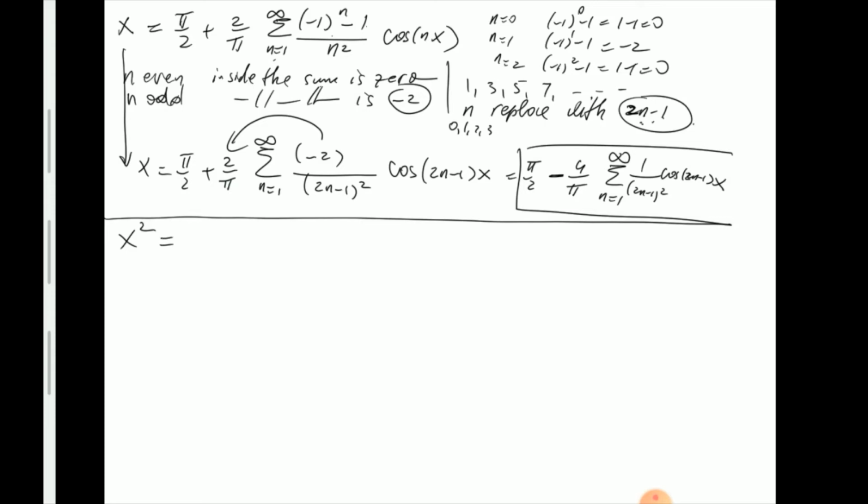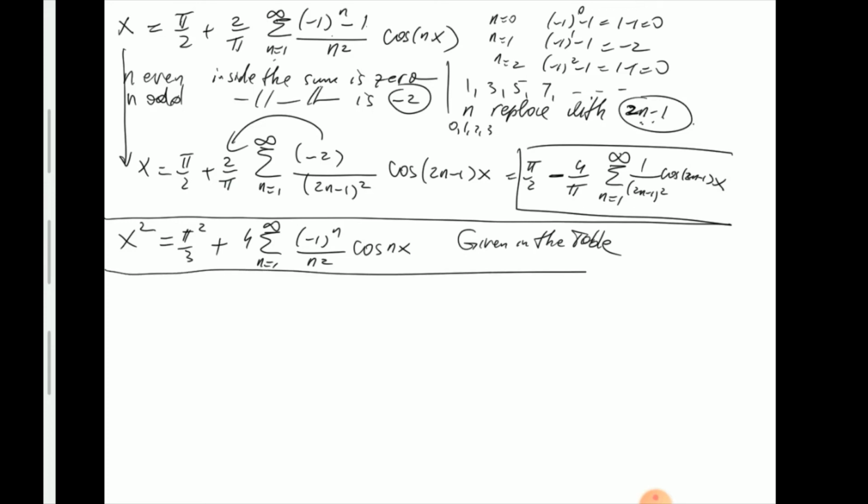So x squared is going to be pi squared over 3 plus 4 times the summation from 1 to infinity of minus 1 to the n over n squared cosine of nx. So that's the cosine series representation for x squared, given in the table. And let's say that I want the series representation for, let's see, x squared minus x, or let's say 2x squared minus x